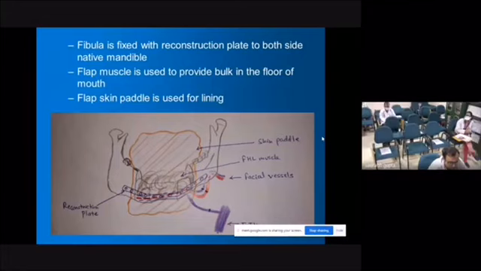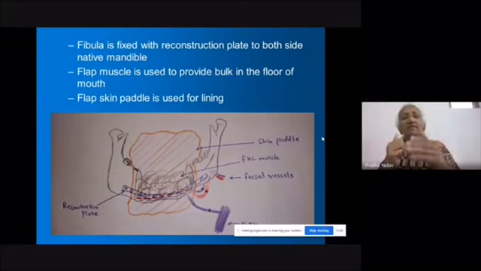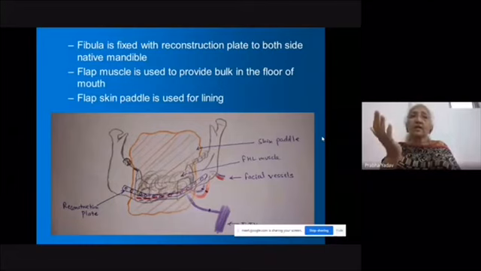No, ma'am, because how will the skin paddle come in this? Calf skin will go anteriorly. It should go inside. So yes, ma'am. See here, if you use left side neck vessels and left side fibula, then your skin paddle will be hanging into the neck and it will have to go up and drape. So will it be easy, because your main defect is on the floor of the mouth and on the ventral aspect of the tongue?